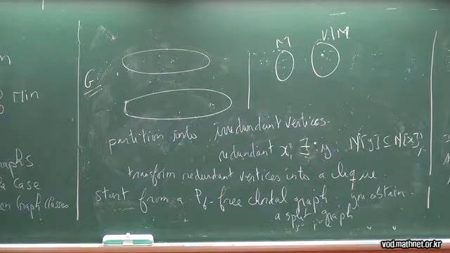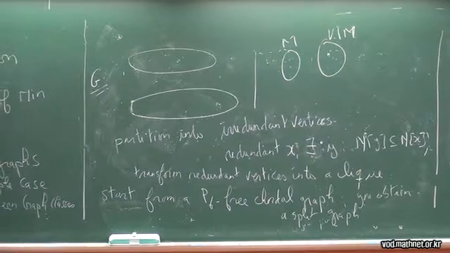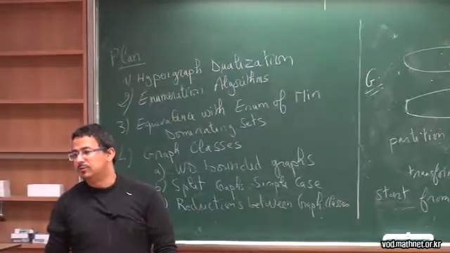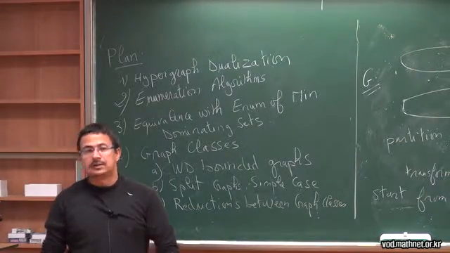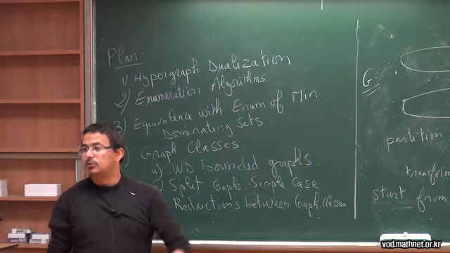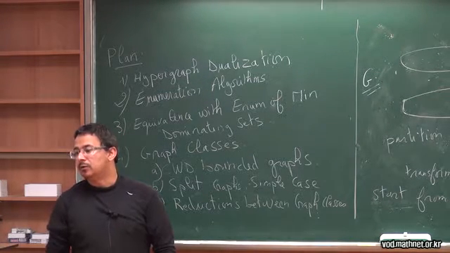If you give me a line graph, then you can still use the structure of the line graph to get polynomial delay to enumerate minimal dominating sets. That means, for instance, if you want to enumerate the edge dominating sets, you can do it with polynomial delay in all graphs,